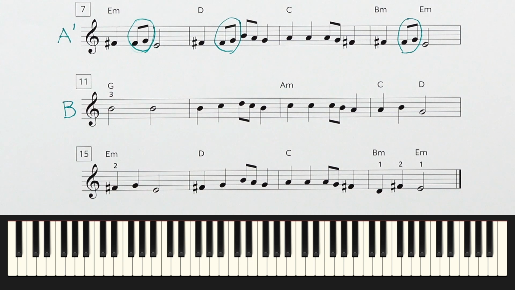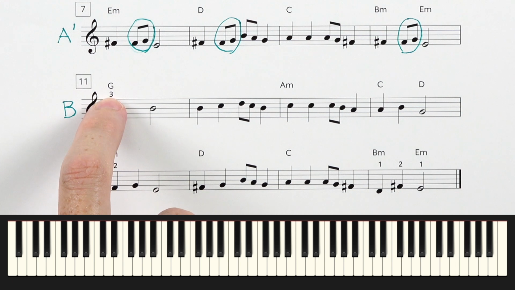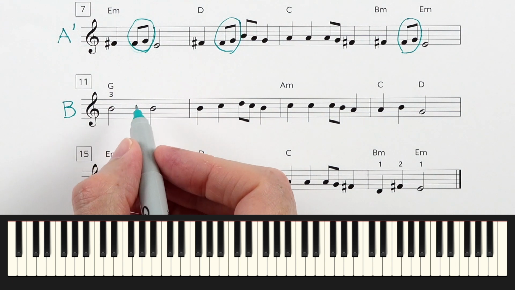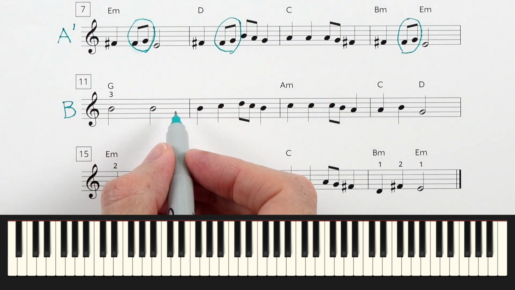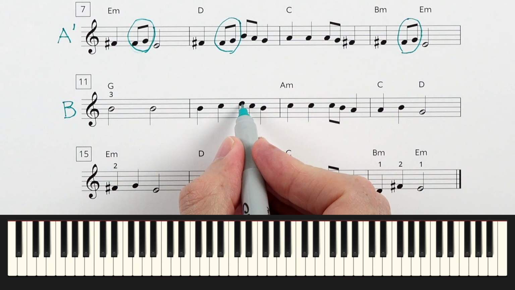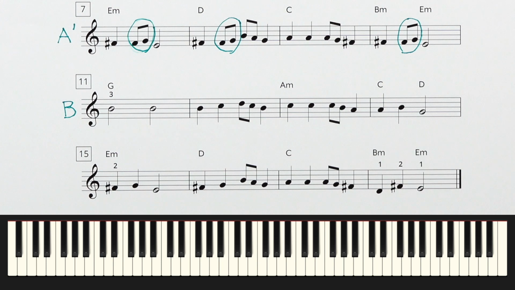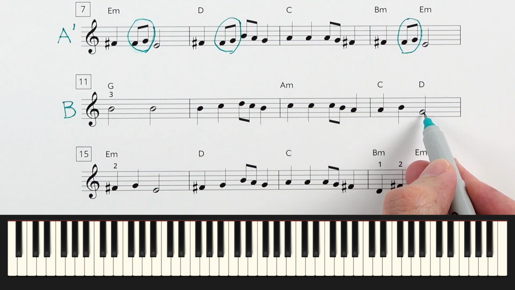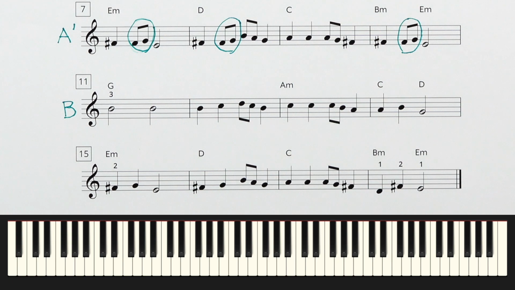Now, we start on a B, in fact, the letter B on the keyboard, and this time it's a finger 3. And you'll notice, whereas before B was the highest note, now it's not anymore. I'd like you to look at this phrase and find the highest note and point to it. If you're pointing right here, you're correct. What's the name of that note? If you said D, you're correct. Now let's find the lowest note on this phrase and point to it. If you're pointing here, you're correct. And tell me the letter name. If you said G, you're correct.